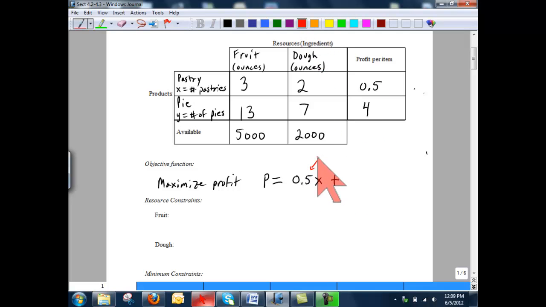Let me just add a note. This is profit from making pastries. We're also making pies, and pies sell for more, and we make more money per pie, specifically $4 per pie. So if I make Y pies at $4 per pie, that's plus 4Y, and this is profit